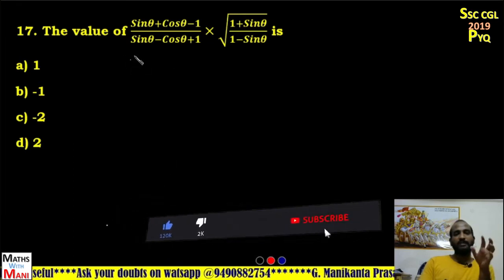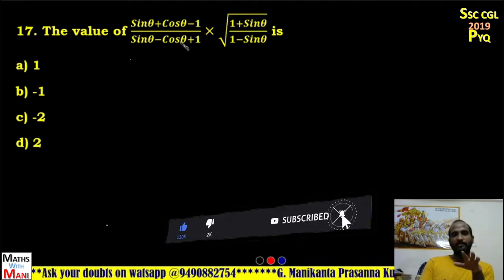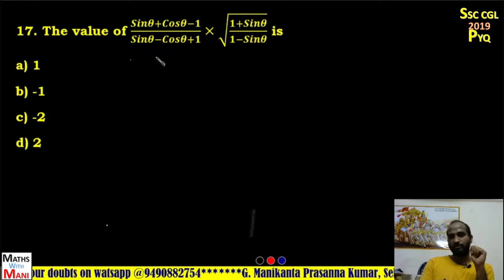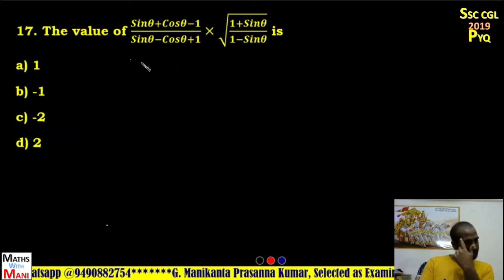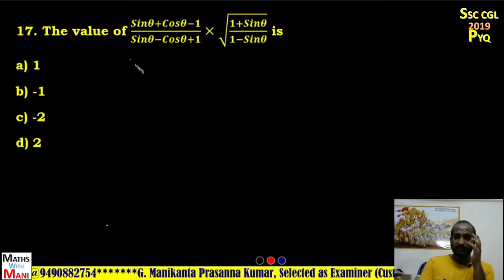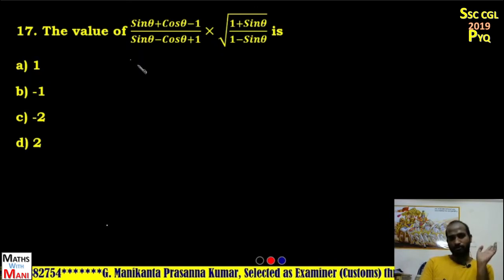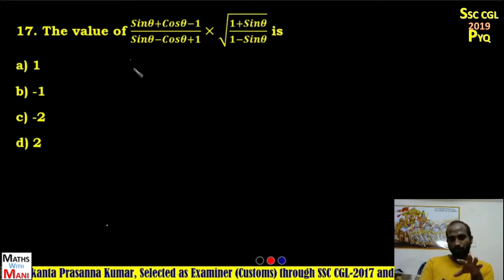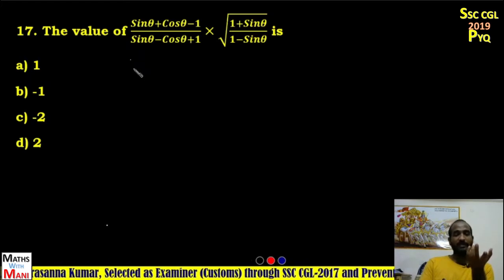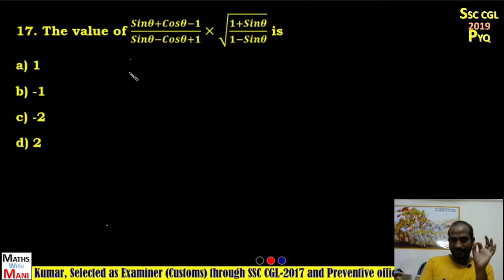The value of (sin theta plus cos theta minus 1) by (sin theta minus cos theta plus 1) into root of (1 plus sin theta) by (1 minus sin theta). See, here we have sine and cos. Whenever sine and cos are there, you can take theta as 0 or theta as 90. If I take theta as 0,